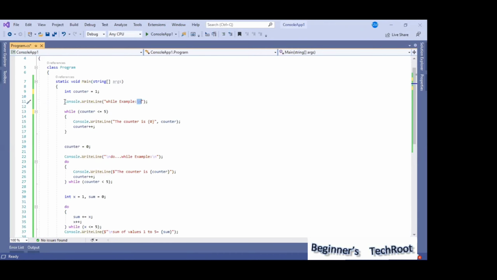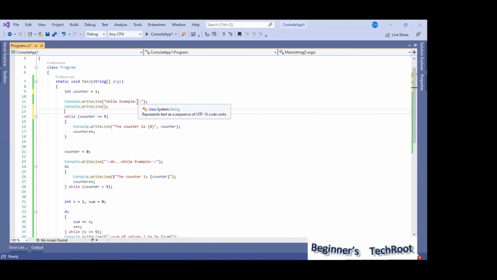So instead of writing the console.writeLine method one more time, we can just write backslash n within the string, so that after while example, it will give you one more blank line. You can use an additional console.writeLine method, or simply put backslash n within the string. So one backslash n gives one blank line. If you want multiple, you can give multiple backslash n's.